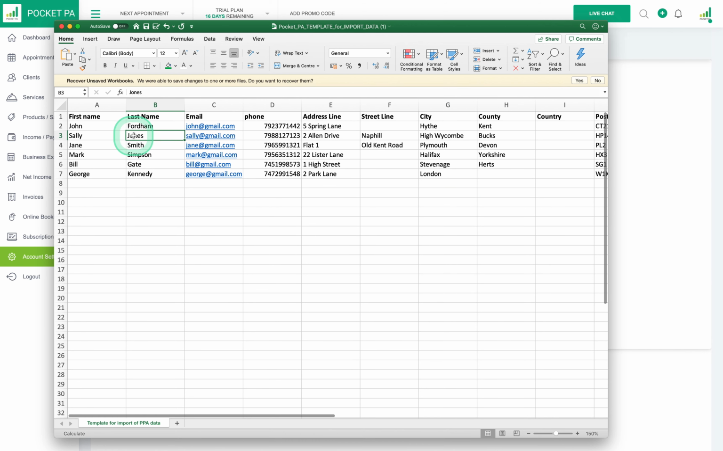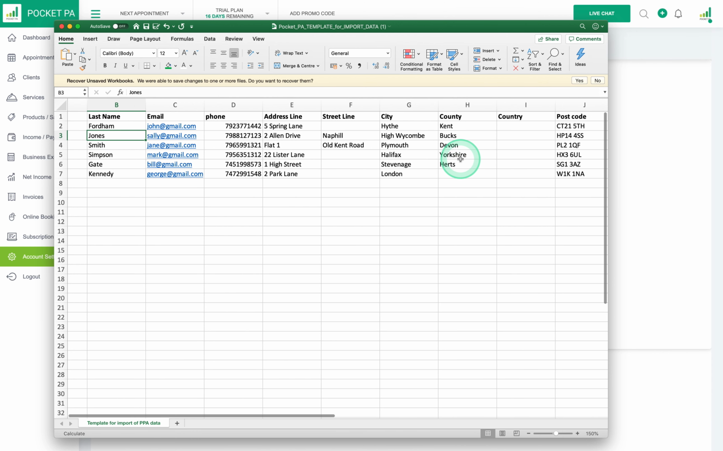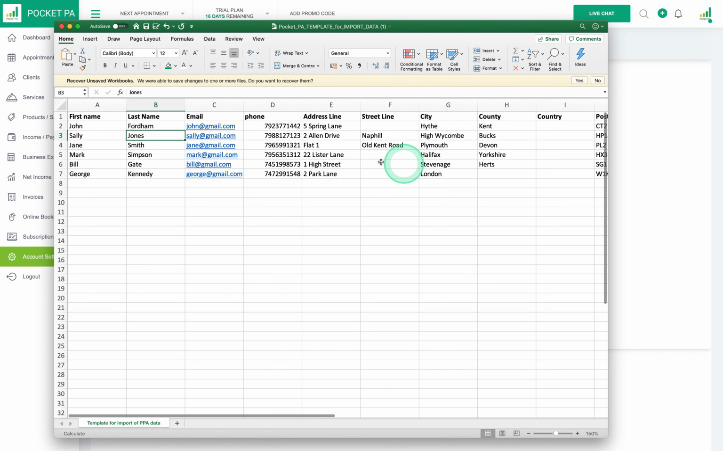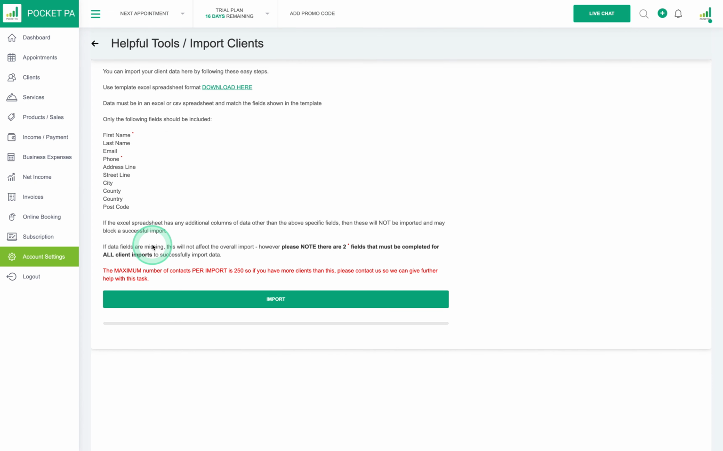So it doesn't matter if you're missing some of the data, if some of these fields are not filled in, for example second name, or you're missing some email addresses, or you don't have a full address or even any address at all, or the postcode, that's fine. As long as you've got something in the phone column and something in the first name column, then it will populate in correctly. So we're going to populate in and import these 6 clients here,